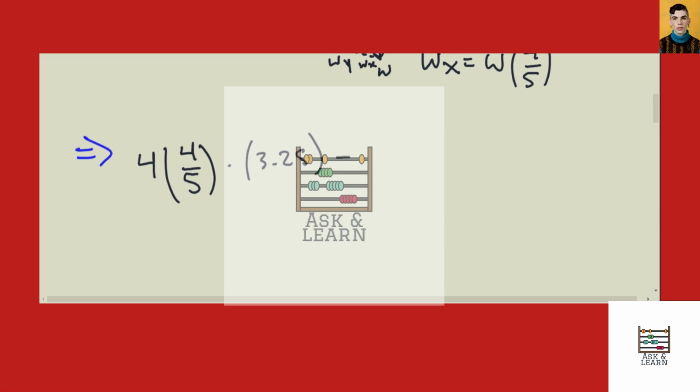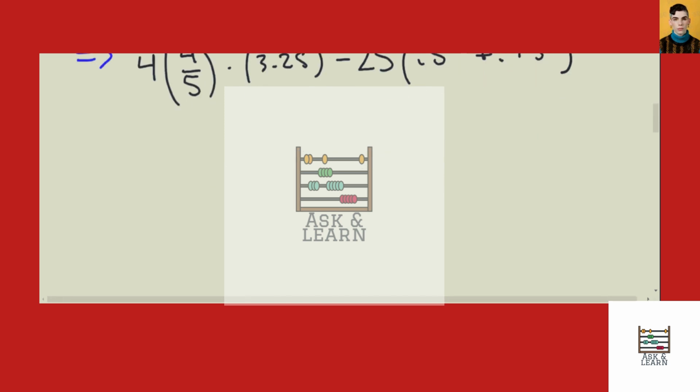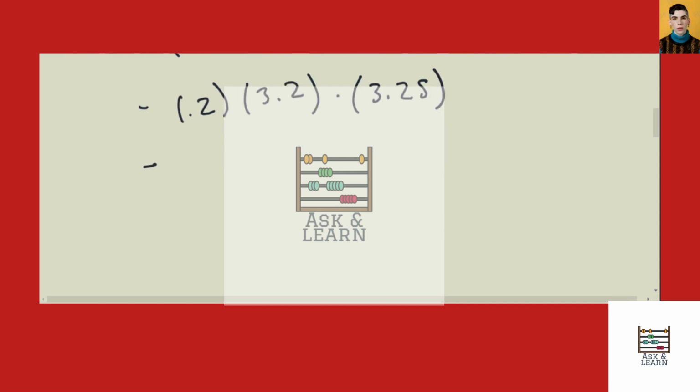So if you take out the 25, you have 25 times parentheses s1 squared plus s2 squared, so 0.5 squared plus 0.75 squared, and then minus the work being done by the friction, so 0.2 times 3.2, the normal force we just found, times the distance it travels, 3.25. So the work being done by the forces is minus 2.09